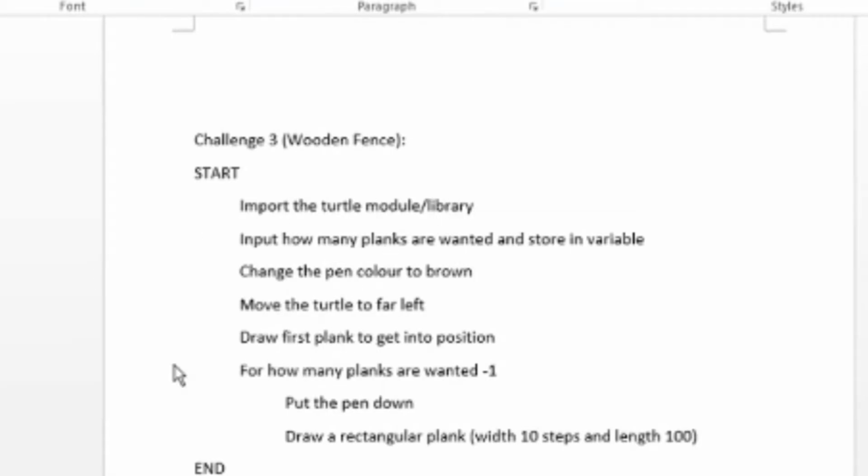Then we're going to draw the first plank. It draws the first plank just to get the turtle into position to draw the rest, no matter how many you want. Now, for how many planks are wanted, take away 1. What this means in the code is, for how many planks you put in, take away 1,